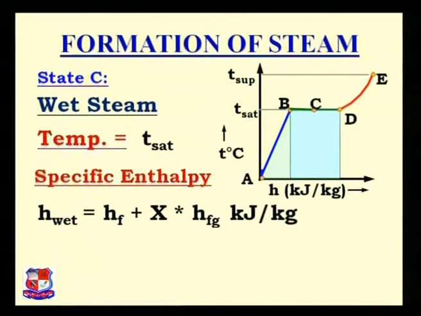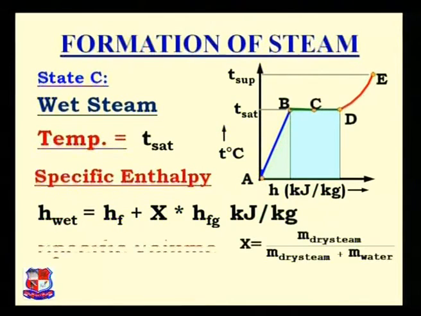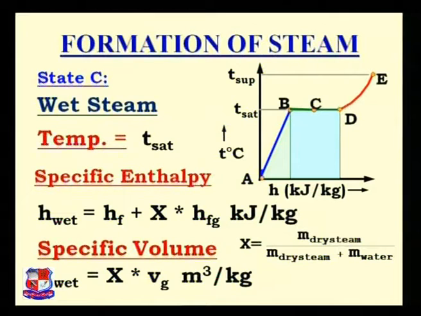The properties at C. The type of steam is known as the wet steam. Temperature at point C is T set. Specific enthalpy of steam is known as H wet, and the equation is HF plus X multiplied by HFG kilojoule per kg, and specific volume for the wet steam is V wet, that is equals to X multiplied